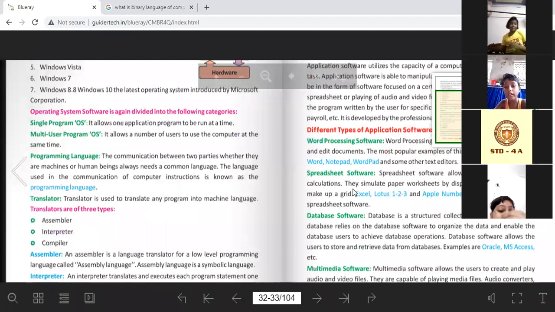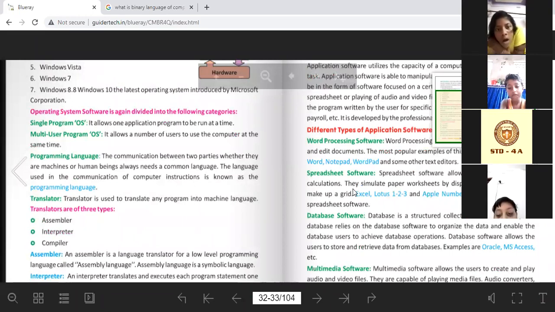Then we have spreadsheet. Spreadsheet software allows the user to perform calculations. They simulate paper worksheets by displaying multiple cells that make up a grid. Excel, Lotus 123, Apple Numbers are some examples of spreadsheets.